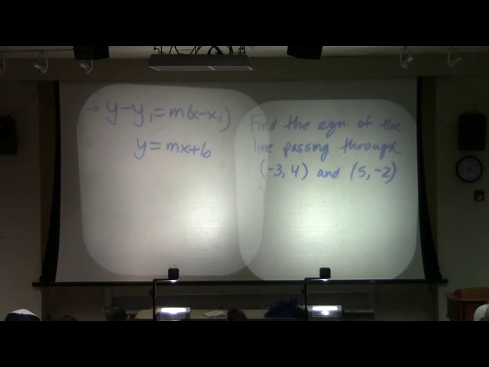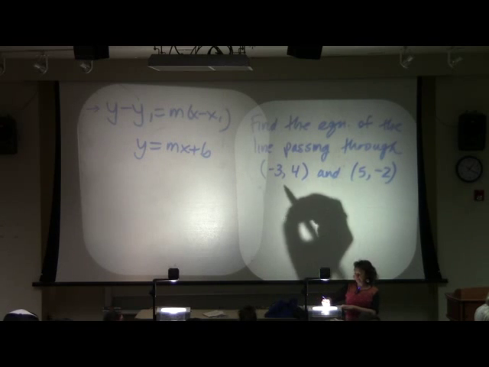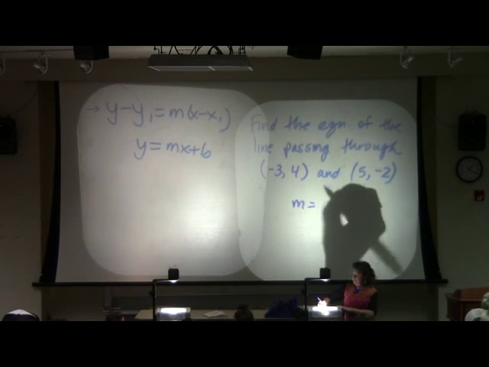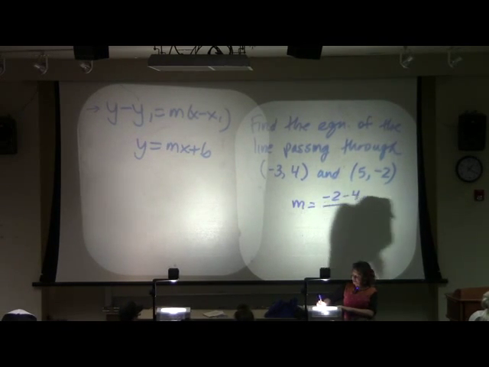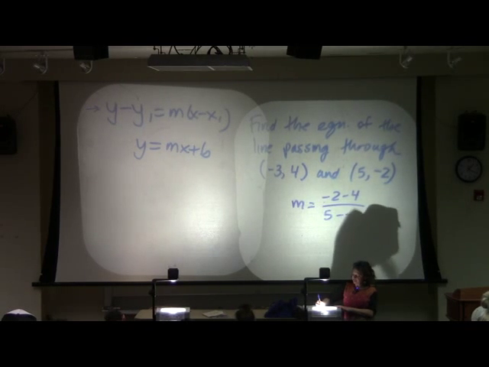Now, upon first glance at this, you might be feeling like, wait a minute. When we find the equation of a line, we need a point and a slope. We're not given a point and a slope here, are we? We have 2 points. But, given 2 points, what can we find? The slope. So let's do it. The slope is the change in y values over the change in x values.